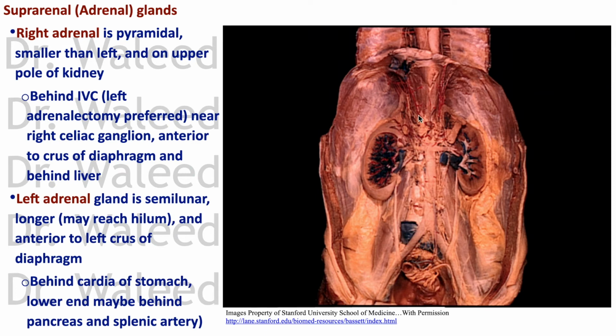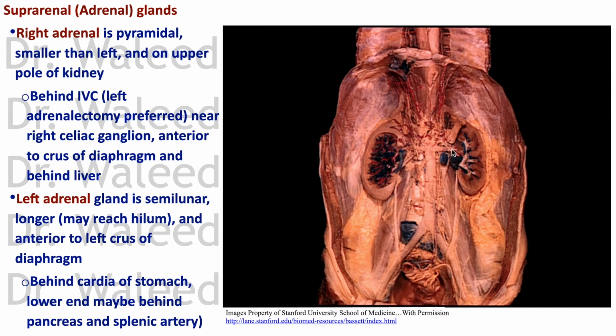Okay. Of course, both glands are anterior to the crura of the diaphragm, the right in front of the right crus, the left in front of the left crus, separating it from the aorta. The left adrenal gland, as I told you, may reach the hilum because it's longer, and it is in front of the left crus of the diaphragm. It's behind the cardia of the stomach. And the lower end, because it's long, as we described,